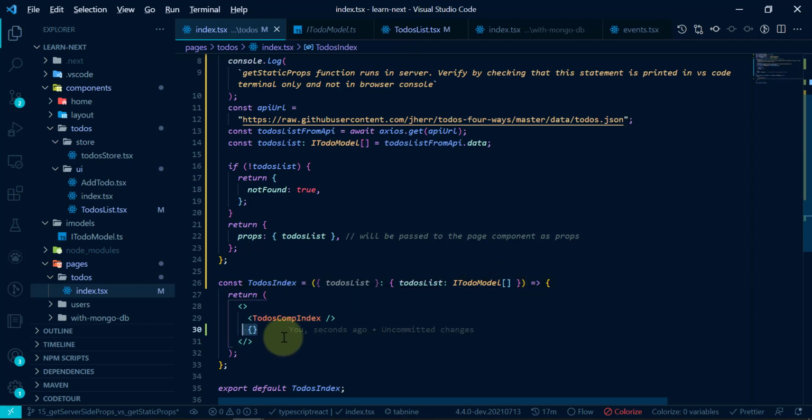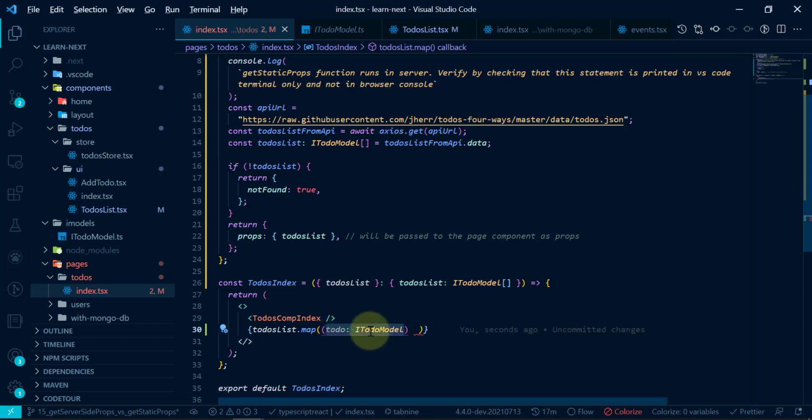For now, to quickly check that our method runs, I will just print it here, just below our to do component index. So to do list dot map, and inside that we will have our to do, which is of our type I2Do model. Remember to take care that since we are returning a React component here, please put this bracket here, not the curly bracket.